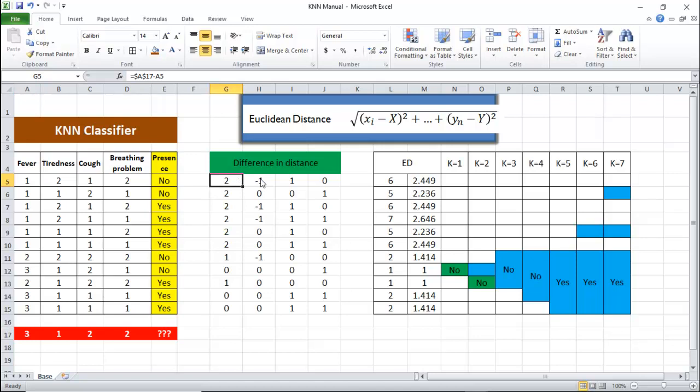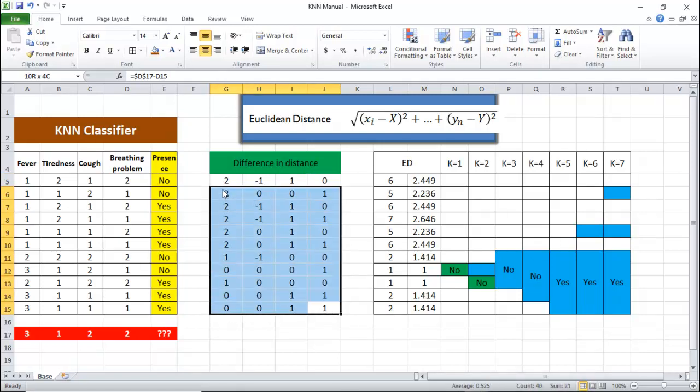Similarly the value for the next attribute is 1, and hence 1 minus 2 is minus 1, and then 2 minus, and hence it goes on. The new person's values have to be subtracted from the training data set, which is the data at our hand, and this is the difference that we have calculated. It is nothing but xi minus x and yn minus y, that's it.